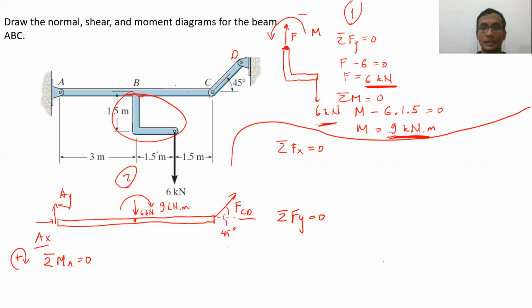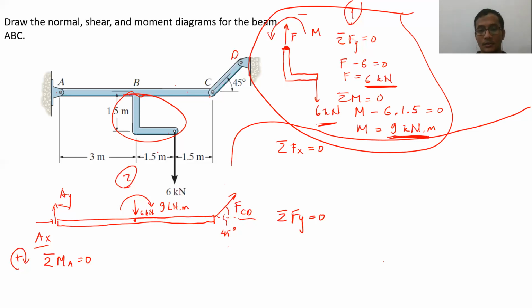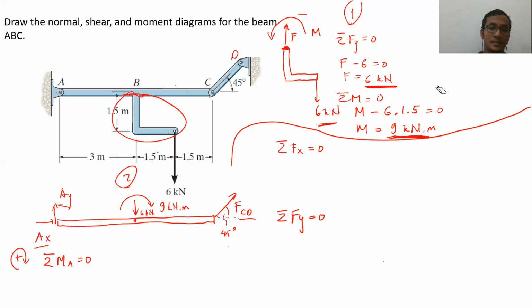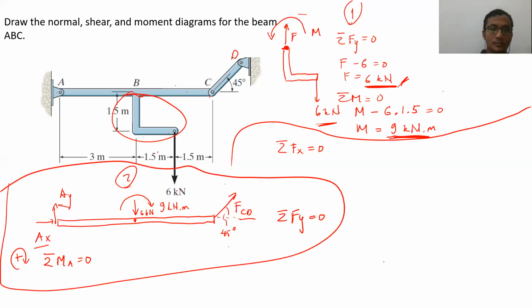Okay, then after we calculate this, the next thing that we can do is to transfer all of this calculation to the straight part of ABC. But remember, whenever we transfer things, the direction will be the opposite, because the equilibrium is supposed to be there. That's why this 6 kilonewton, if we put it in the main free body diagram, the second free body diagram, this one,